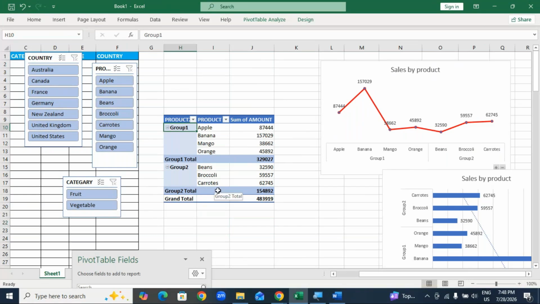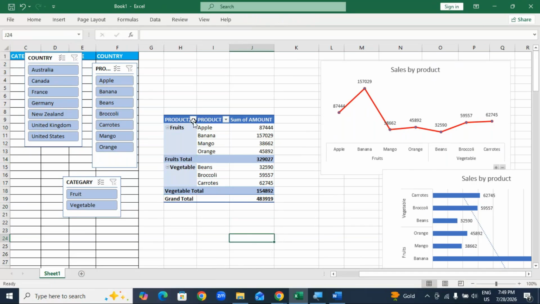So if you want fruits, we can select the fruits details. Click on that. Vegetable. Like this we can filter. Fruits total, we can select. So these are the options that will come. Like this also we can create, this is one batch, or else we can filter